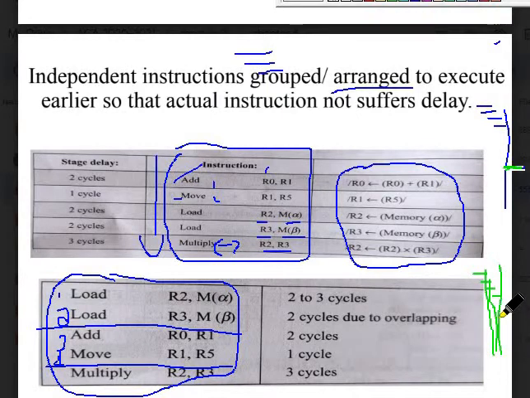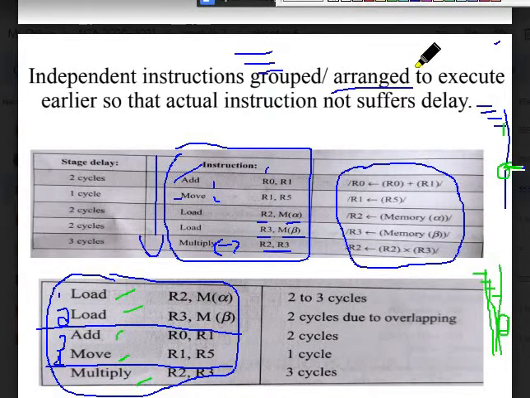So what it indicates is that it never suffers any unwanted delay here. But here, until the load is completed, we cannot start. Even if we start, we will get a wait, in the sense of idle time. So to avoid that situation, what we are doing is: first the dependent loads, then independent instructions, then dependent multiplications. This is called rearrangement.